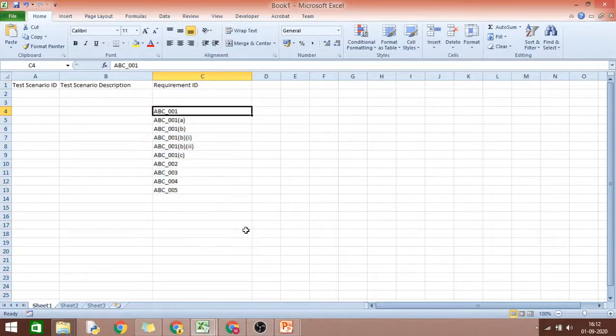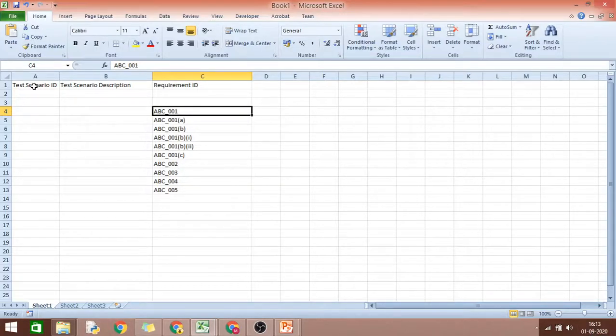And one more thing, you have this requirement matrix, which we call RTM, the requirement traceability matrix, which is an exclusive document where we map your requirements against your test scenarios, your test cases, and also the defects. That document will make sure whether you have created everything. But to identify whether you have missed a scenario or not at the end of creating an RTM, you can make sure by adding this column here.